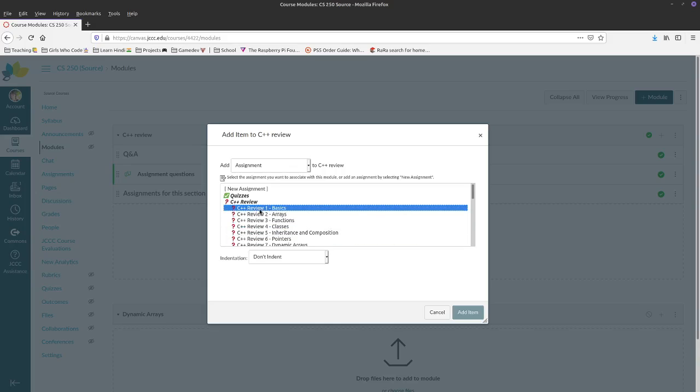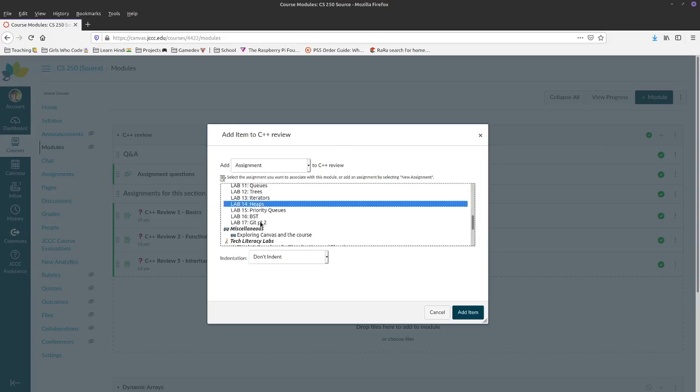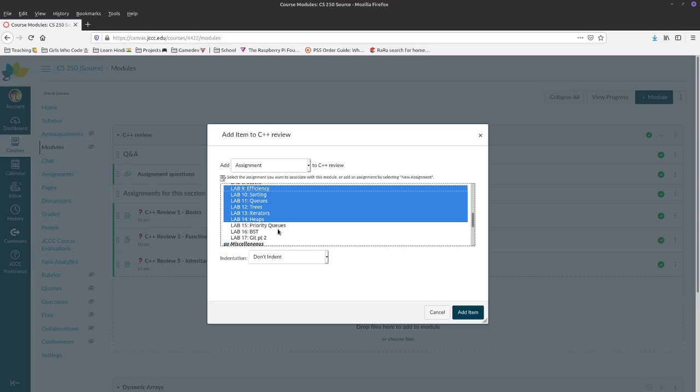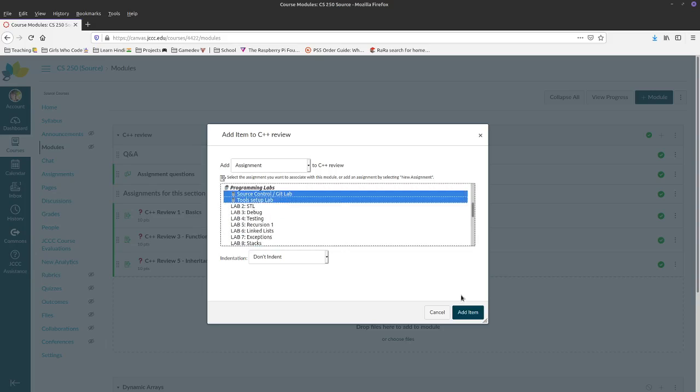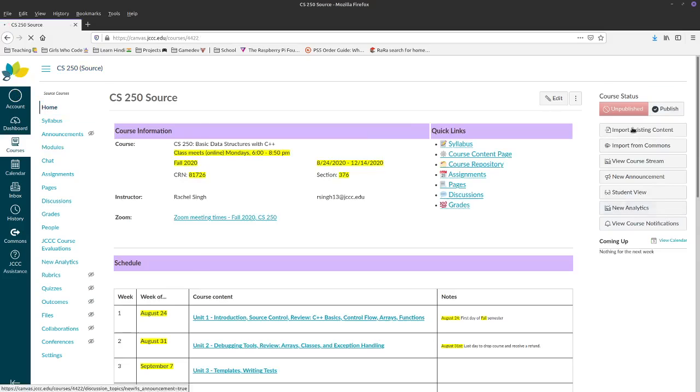I can click and drag, or I can hold down Control and click multiple things to choose different things. I can scroll down here. I can hold Shift and select a whole range of things. So we're just going to add these random things in here. And that is all set up. We can also view student progress. So I'm going to now go again to student view,